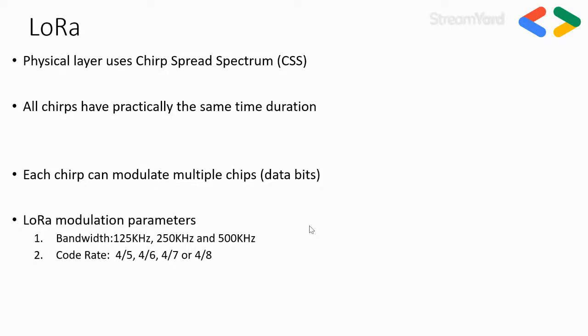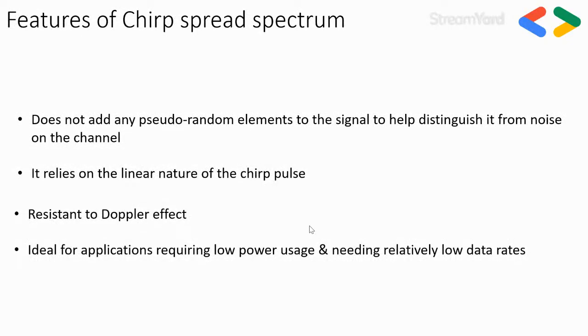Okay. So the physical layer of LoRa uses the communication standard called Chirp Spread Spectrum. All chirps have particularly the same time duration. We don't need to worry about the communication details of that, but it's also a resilient communication protocol, okay? It has different bandwidth capabilities and different code rates, okay? So for example, if the spectrum conditions are good, then we're going to operate at a high bandwidth with a high code rate, you know? So those are the features why Chirp Spread Spectrum is actually a resilient protocol.